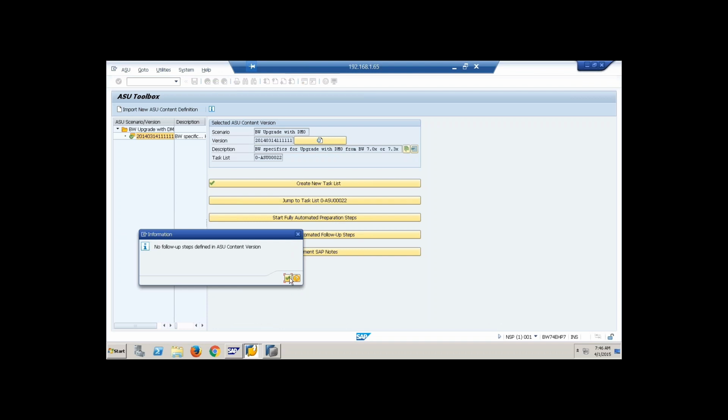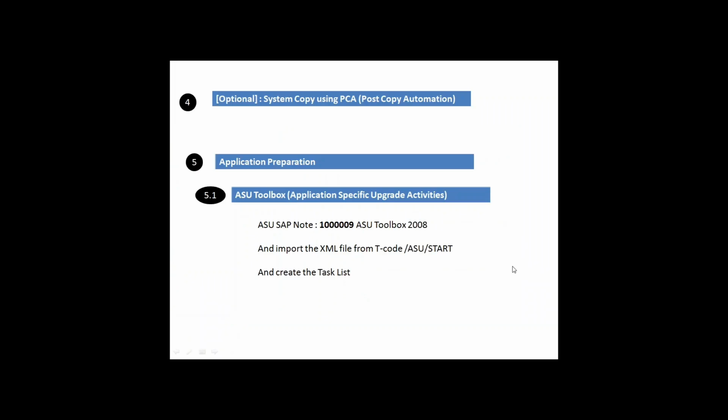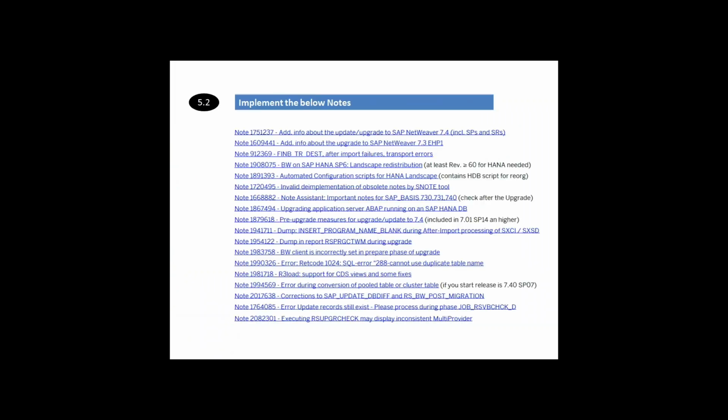Nothing but it has start these activities. And as part of ASU also, you'll have certain activities again, which can again overlap with those also, but you still perform this also. So next is you perform this ASU tools, and there are certain notes which we at a